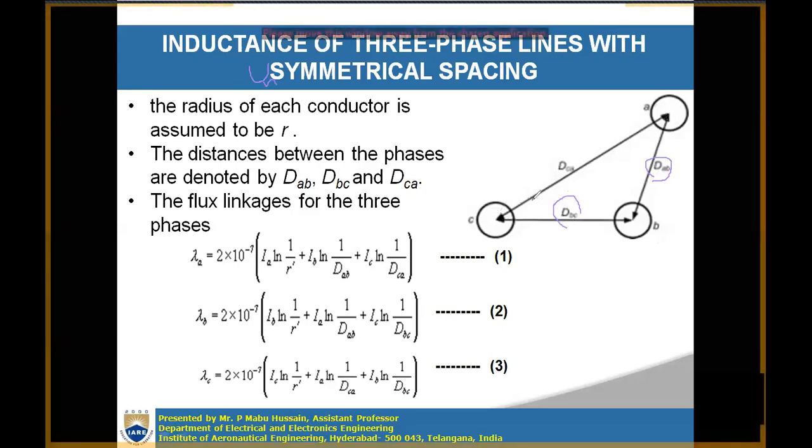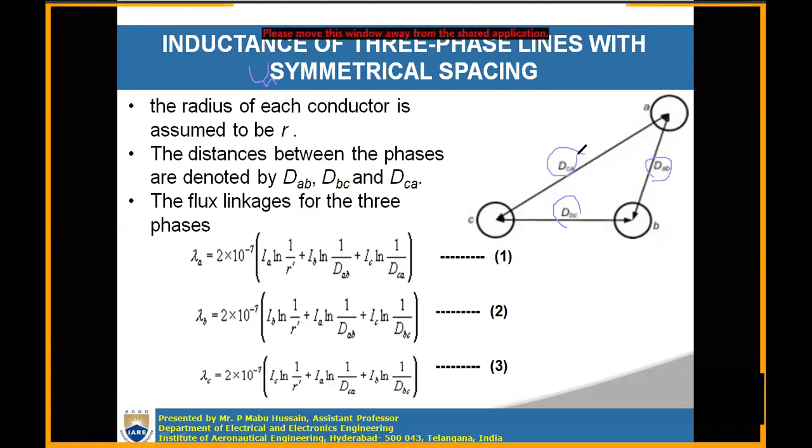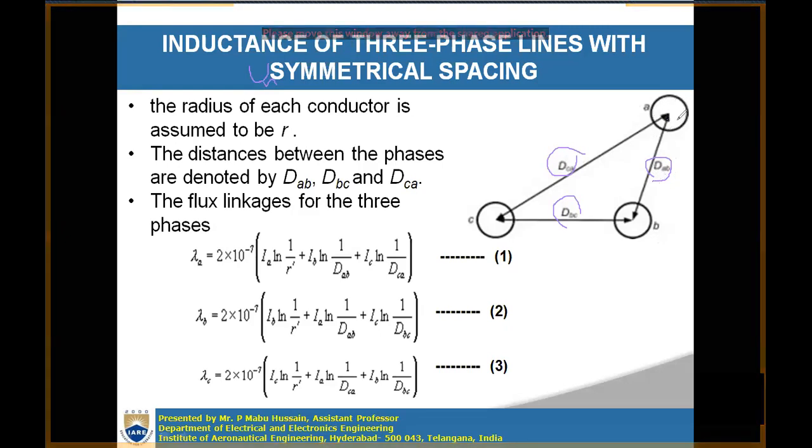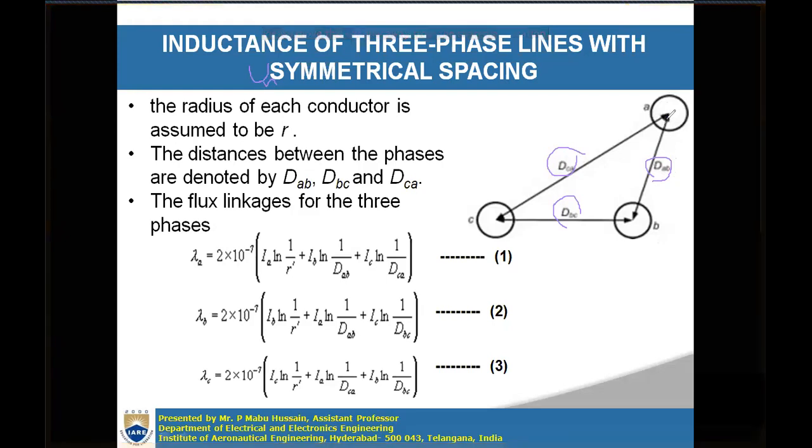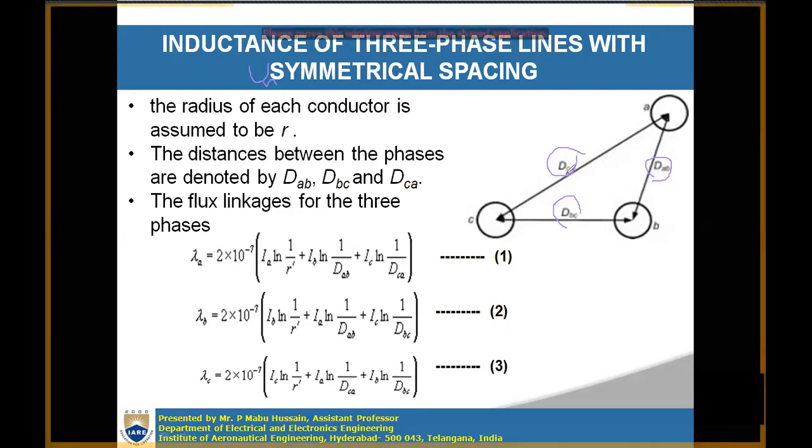Distance from C to A is taken as DCA. Right. So when your conductors are symmetrically spaced, these distances are the same, which is represented with capital D. So unsymmetrical spacing is nothing but the distance between any two conductors is not the same. Okay. So now we have to consider the radius of each conductor is the same, R, and the distances between any two conductors here are not the same. From A to B it is DAB, from B to C it is DBC, and C to A it is DCA. So now you have to write the flux linkages expression with respect to conductor A, conductor B, and conductor C individually. Right.